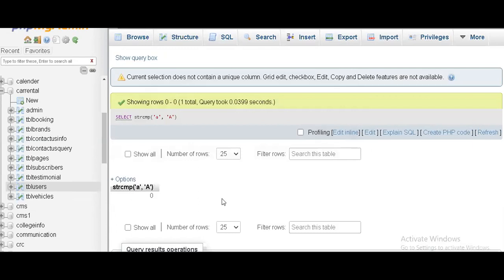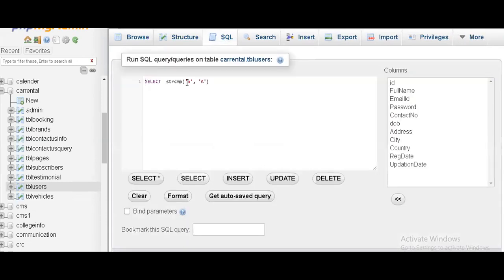So it's not case sensitive, but negative values, I'll check it and tell you regarding the -1.